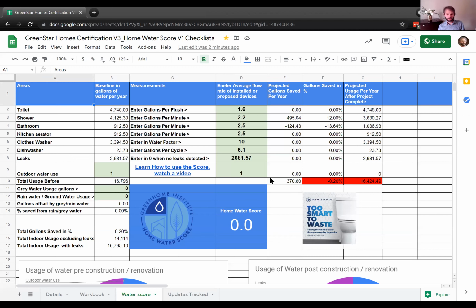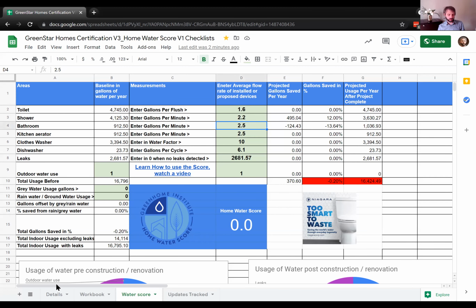So you can see here, we're in the tool now in the Google Excel on the 3rd tab, water score. We have a whole webinar on this, so I'm just going to briefly go over it. But like I mentioned, let's say you've got a situation. So in the green here is where you can manipulate the numbers. Let's say you have a situation where for GreenStar you have to achieve a certain home water score. You just want to do it in general. So it comes with sort of the basic average numbers that we typically see here in green, and you can change those. So again, let's say you got a client who loves their showers and they've got 6 shower heads